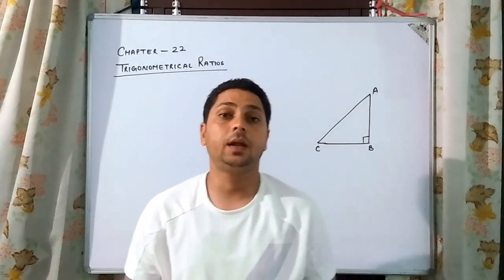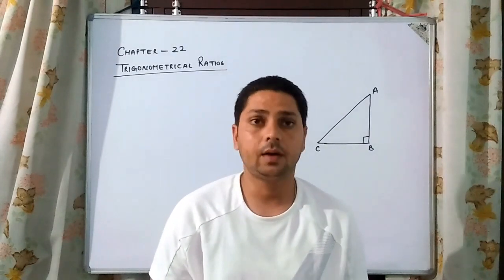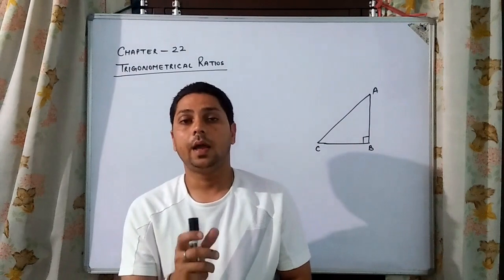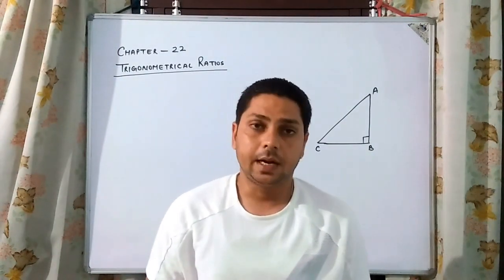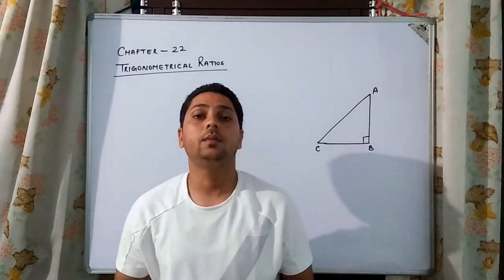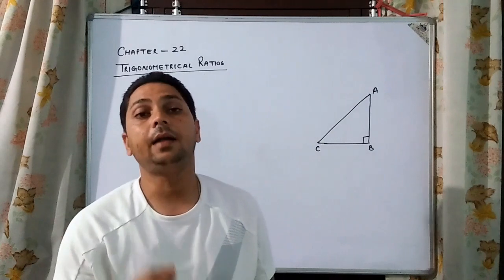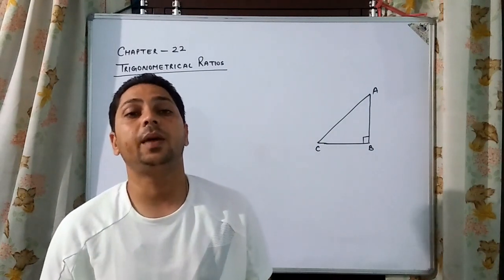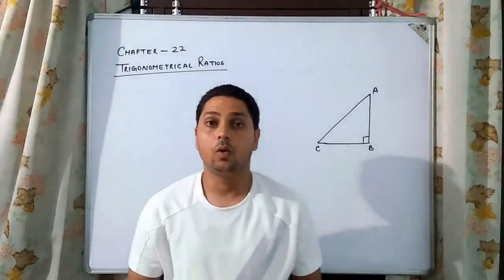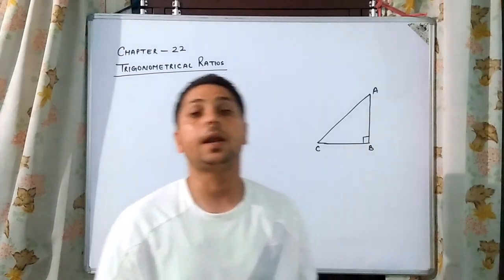In this chapter we will deal with the various trigonometrical ratios like sine theta, cos theta, tan theta and also their inverse like cosecant theta, secant theta and cot theta. So beginning from our very first term, that is trigonometry. It is a branch of mathematics that deals with the measurement of triangles and especially with the right angle triangles here. Okay, so we have to discuss first about the right angle triangle.